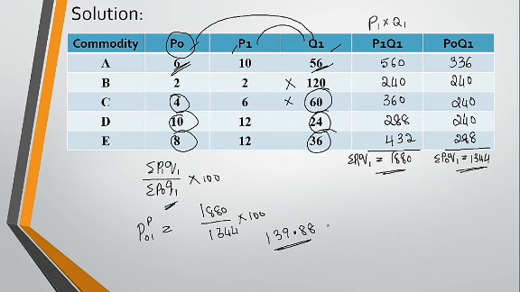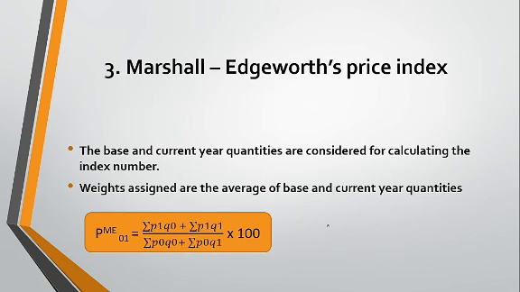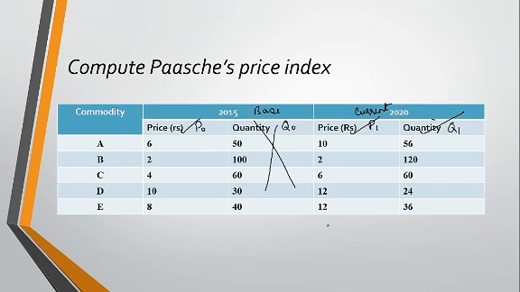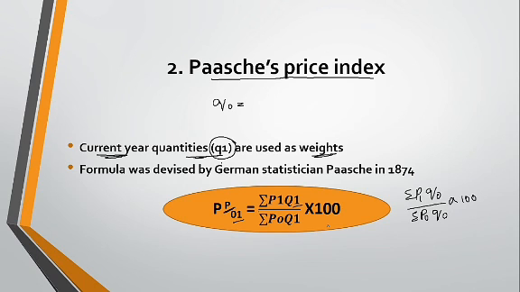In the upcoming methods, if you know the formulas of Paasche and Laspeyres, it is very easy to know the other methods. Marshall-Edgeworth, Fisher's Ideal Index, Bowley's, those methods are very easy because we use a mixture of both the Paasche and the Laspeyres methods. So always keep in mind, in the Paasche method we use the quantity of the current year as weights, and in the Laspeyres method we use the quantity of the base year as weights.